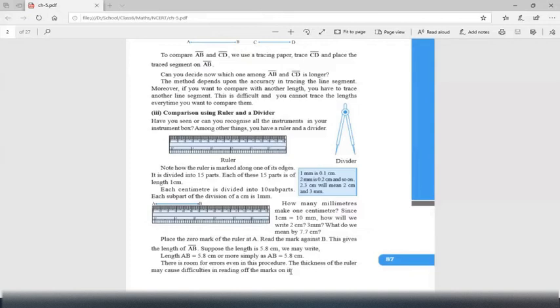So when I started, I said using a divider, you can measure more accurately. Because the needles are sharp, it can be exactly pointed to 2 points with more accuracy. The thickness of the ruler is more. Have you seen a plastic ruler? The thickness is more, so sometimes you see from a different angle and you may get a different reading. 1 mm left side may shift, or 1 mm right side can shift.